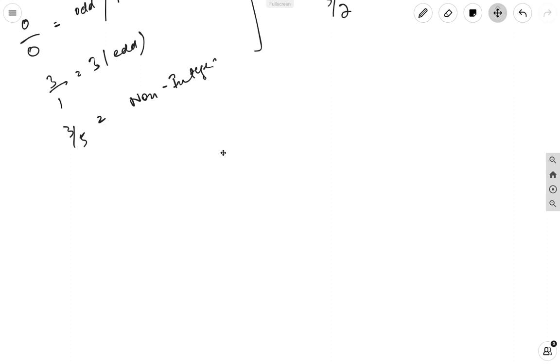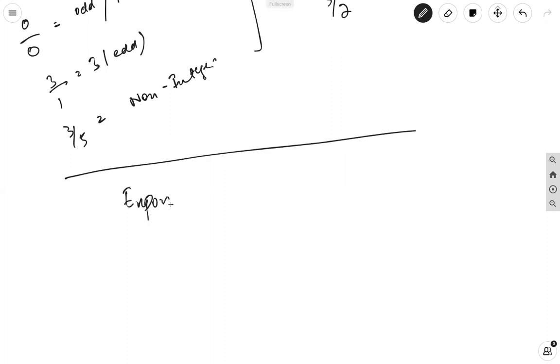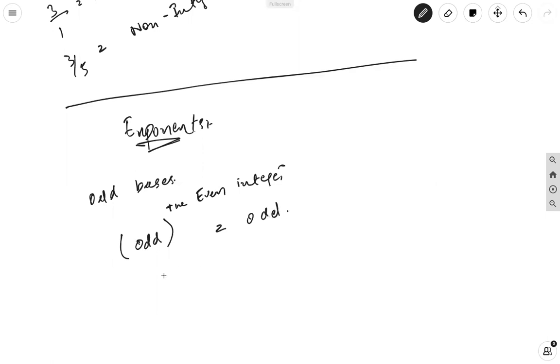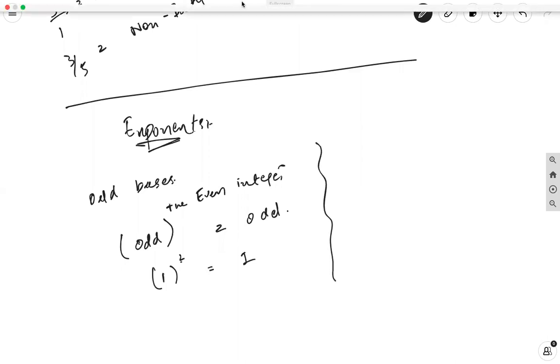Now we'll discuss a bit about exponents involving even and odd. First, let's suppose we consider odd bases. Let's suppose we have an odd number and its power is a positive even integer. I mean greater than 0, right? The result is always odd. For example, if I take the square of 1, the result is 1, which is odd. This is the first case. The second scenario is,